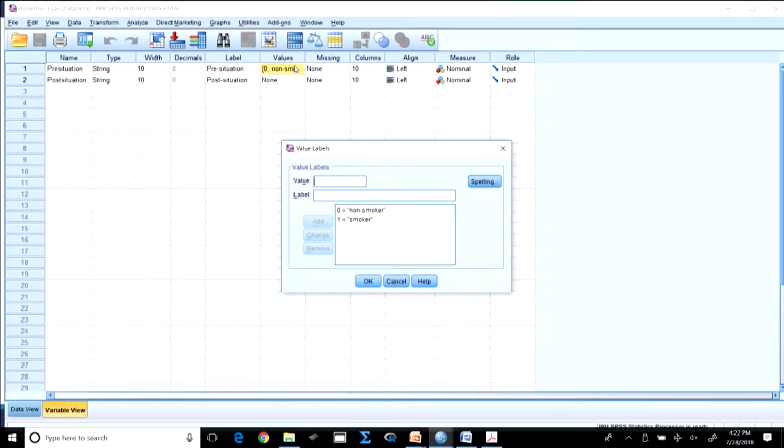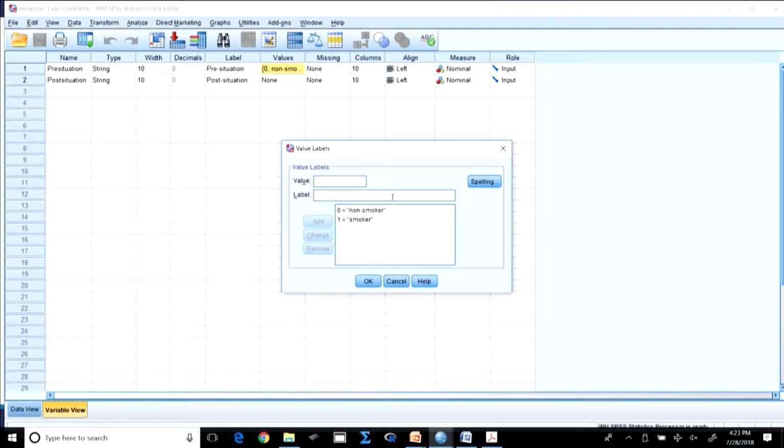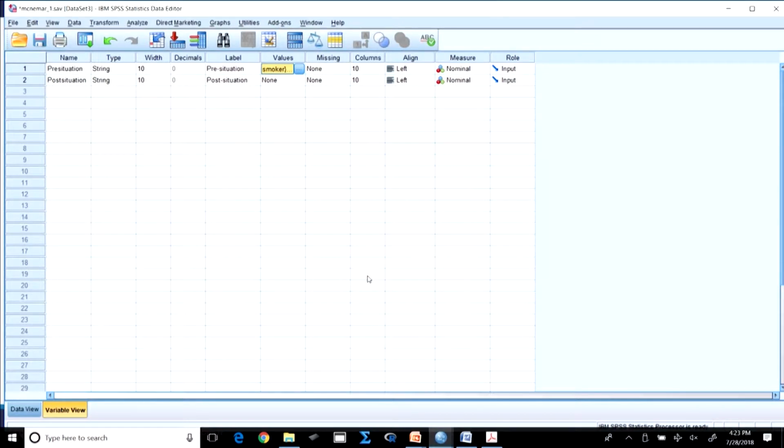It is a test where people who are smokers and non-smokers were taken, and these people were shown a treatment like an advertisement which talks about the ill effects of smoking, and then they were checked for the impact of this advertisement on the people's minds. Did their smoking habits change or did they remain the same? In this case we have taken 0 as non-smokers. People who do not smoke are taken as 0, and the people who smoke are taken as 1. So, we have created the data.